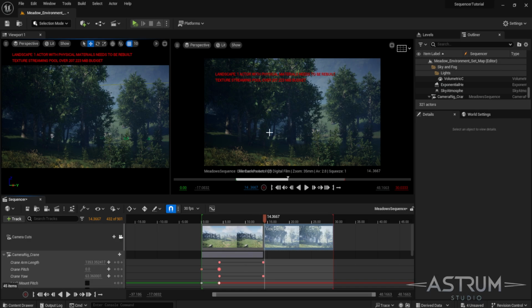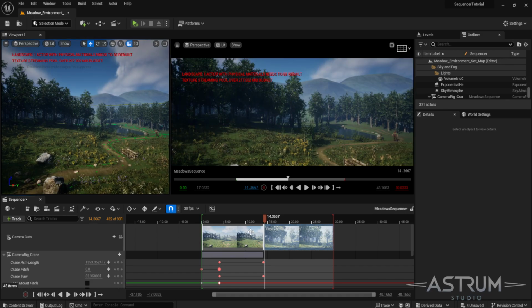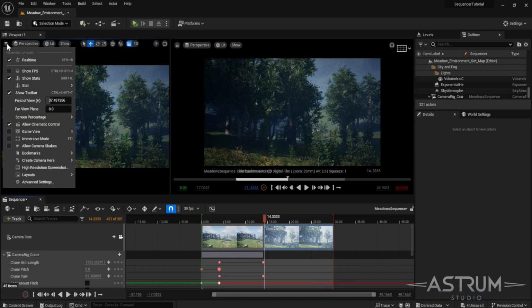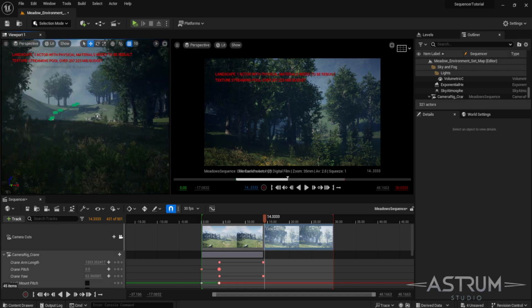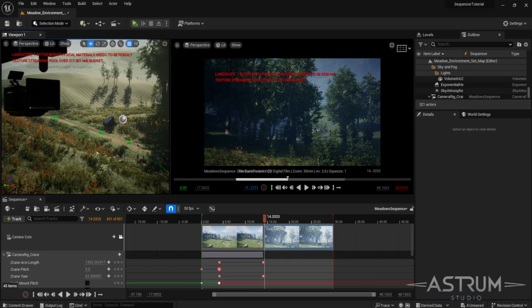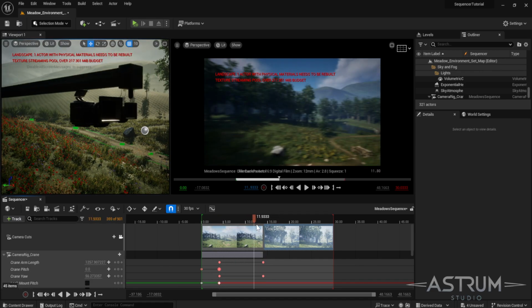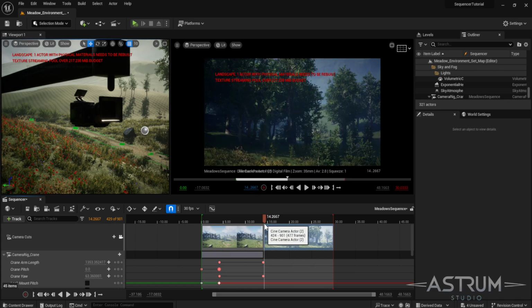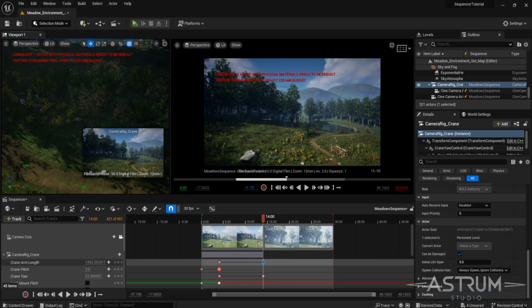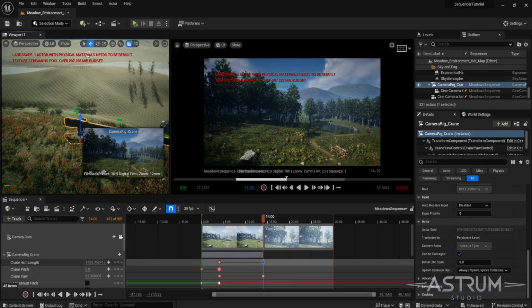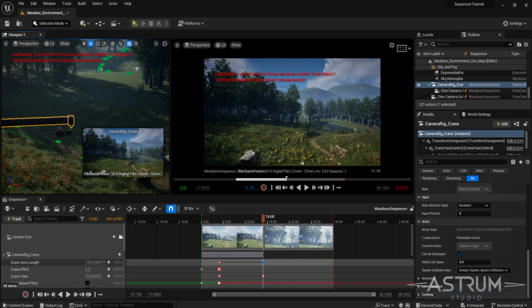By the way, guys, if you are stuck in the viewport view and you cannot really control it unless you turn this off, which also turns it off for this window, what you can do is go here to this menu and then hit allow cinematic control. And now you should have this one move freely and this one still stay in the cinematic view. So this is really useful. So yeah, now that we have added the second camera actor,